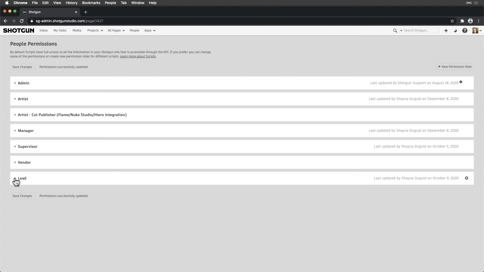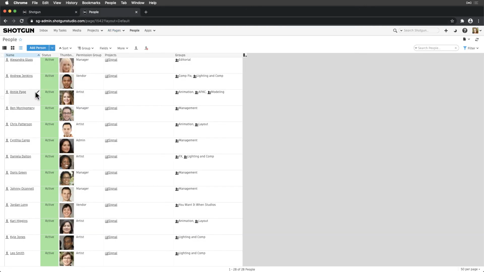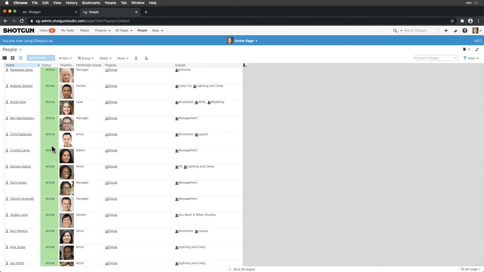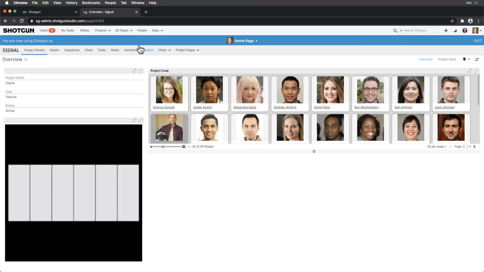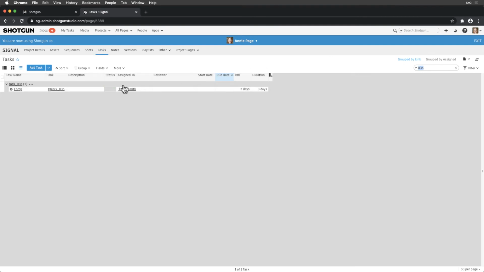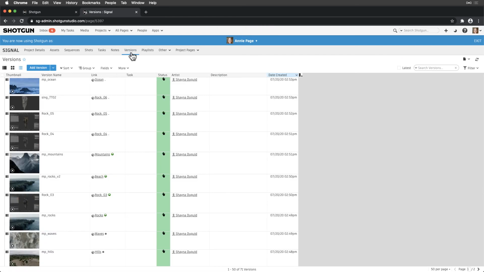Now that we have our new lead role, we'll want to make sure we give it a good test run prior to rolling it out. First, we can create a user or assign an existing one to the lead role and assume their identity after discussing with them. From there, we can perform their basic workflow functions to ensure things are working properly.